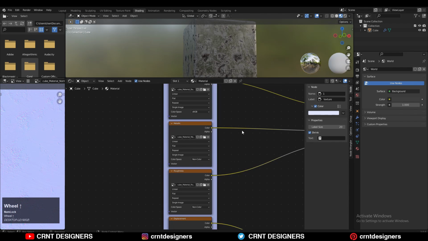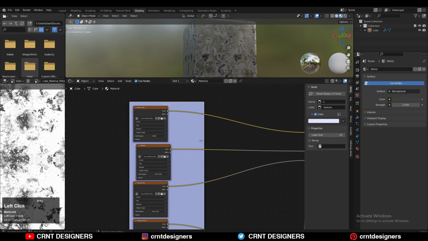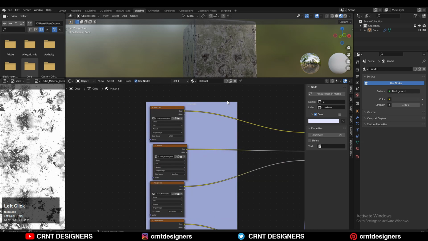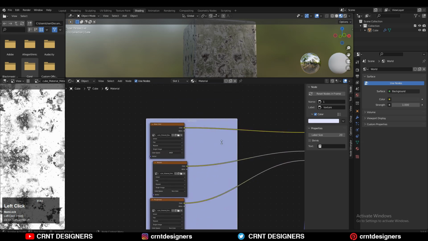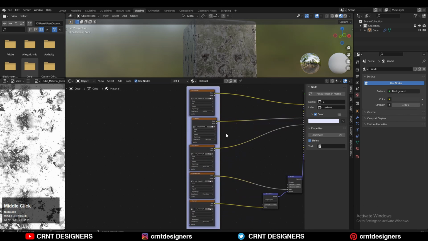So it's very well. Okay, the next feature is shrink. If you turn off that shrink option, then you can adjust the scale of this frame in any direction, like this. But if I turn on that shrink option, it will shrink that frame as per the node space, like this.